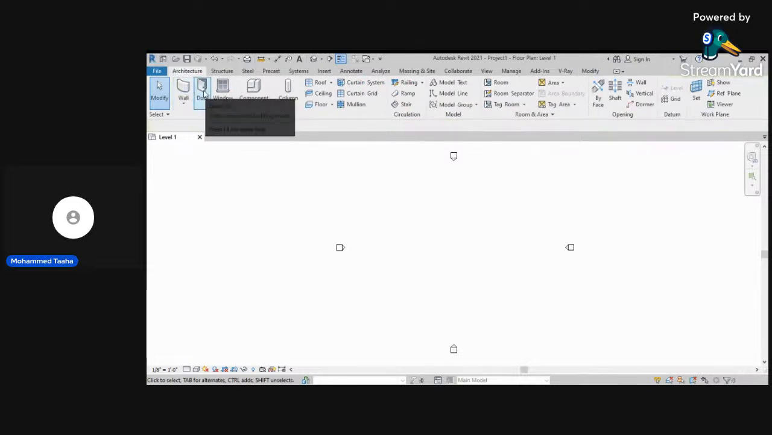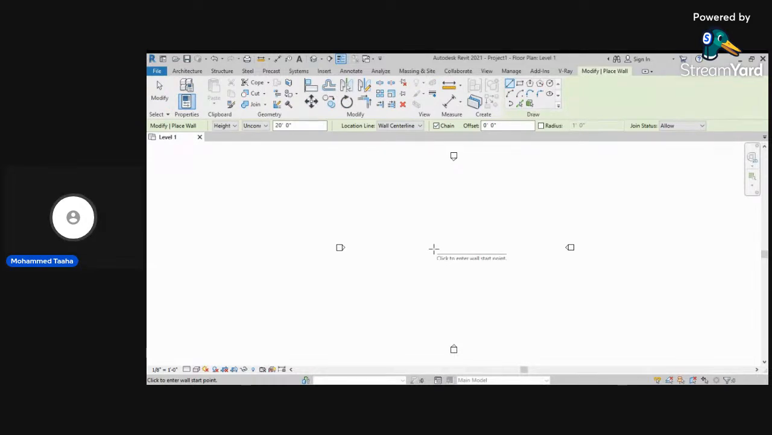Okay. Next, we have doors. Revit is one of the best softwares in which you can create ready-made walls, windows, doors, and similar elements. These are few things that you can create only in Revit software, in other softwares,